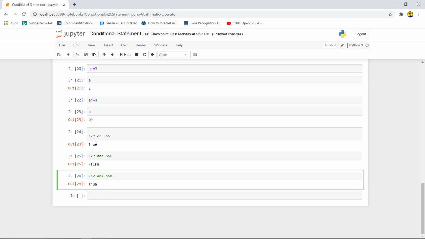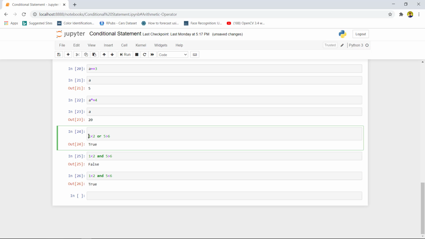So in this case we have seen that if there are two statements and one is correct, and we use the or operator, the output will be true. But with the AND operator we need to have both statements true.